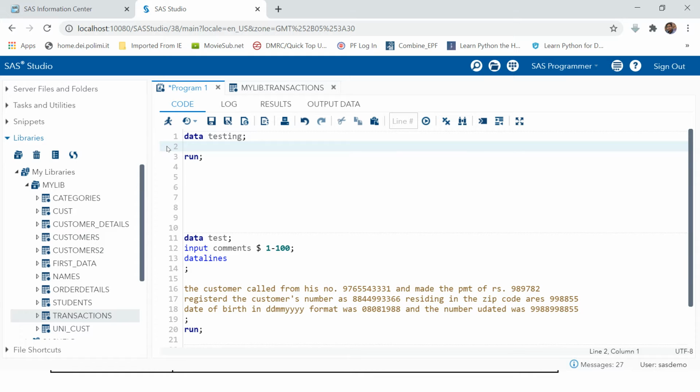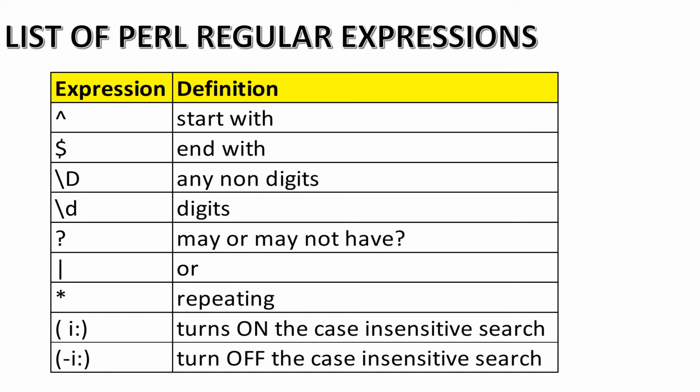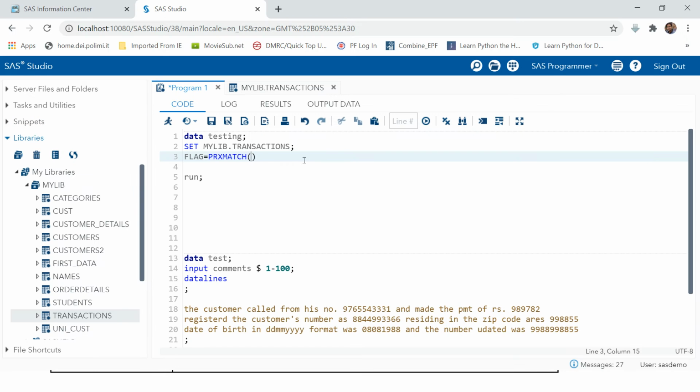All right, so let's use the data mylib transactions. Okay, and then create a variable named flag and type the function name. Provide regular expression. Which regular expression we gonna use? Because we have to search something which starts with S. So for starts with, we need to use this thing. All right, this expression. So we need to put the regular expression in double quote and in between double forward slash.